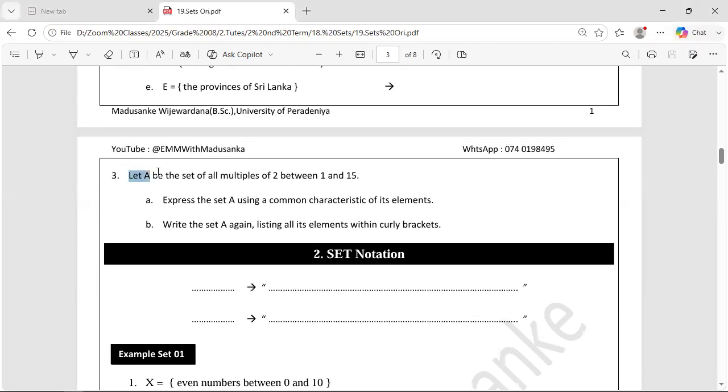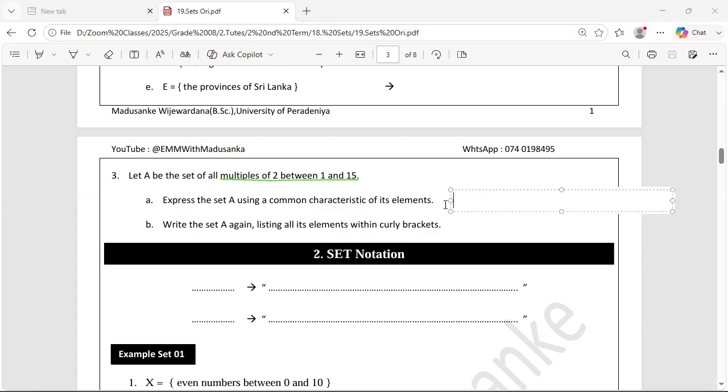Let A be the set of all multiples of 2 between 1 and 50. Express the set A using a common characteristic of its elements. What is the common characteristic that we can see? Multiples of 2 between 1 and 50. So you can write the answer as